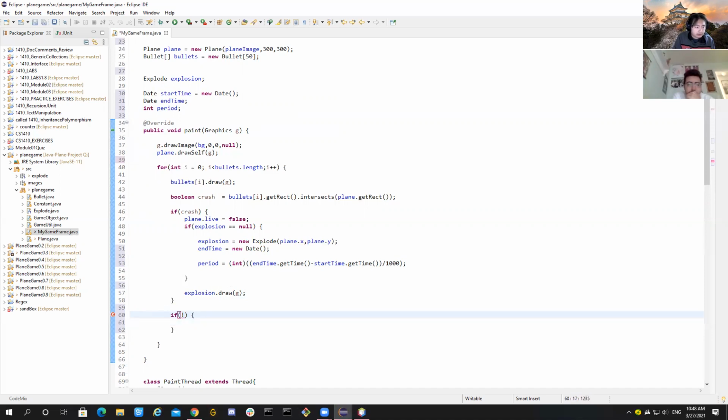If planned life is false, crash, that means planned life equals false. So after the explosion and disappearance happens, then we can